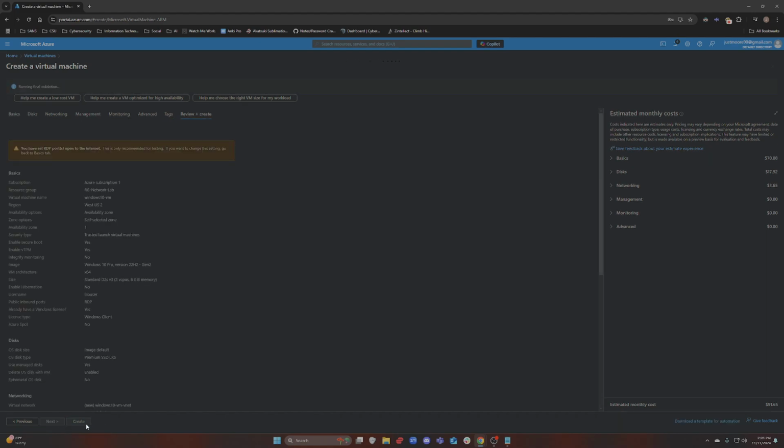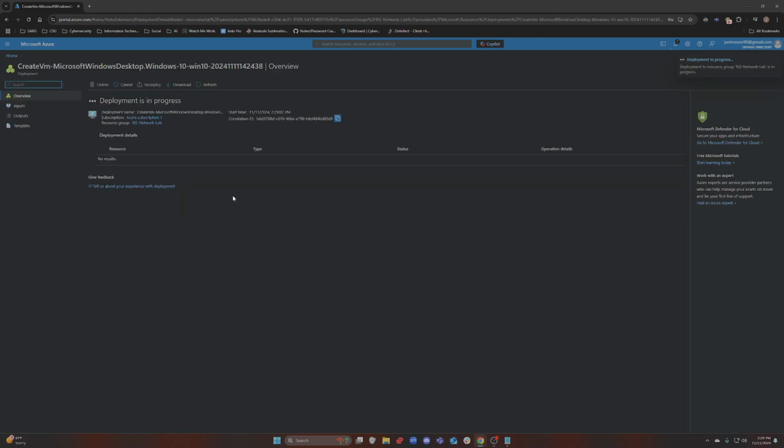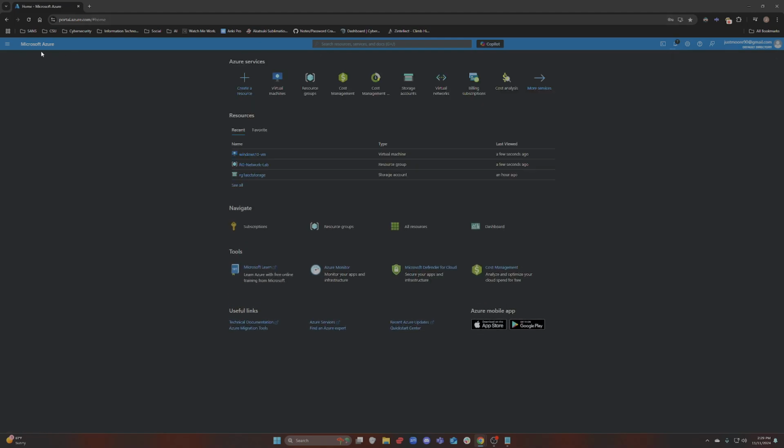And we're going to, so it passed validation, so now we're going to create. It's initializing and submitting the deployment. So it's in progress right now. And if we go all the way back home,